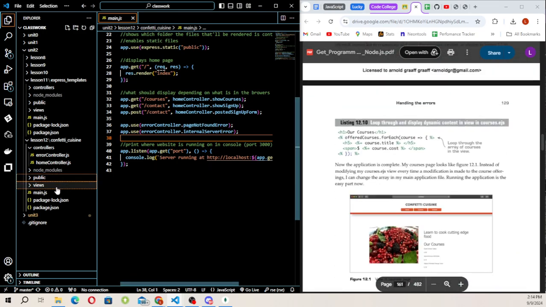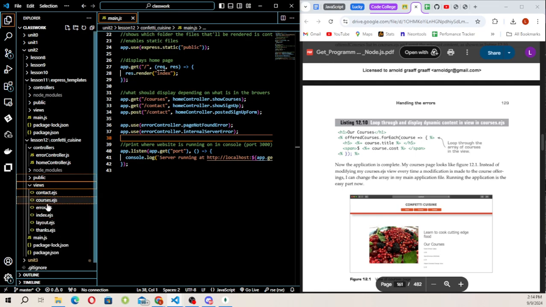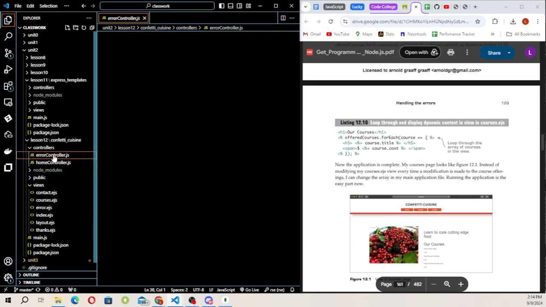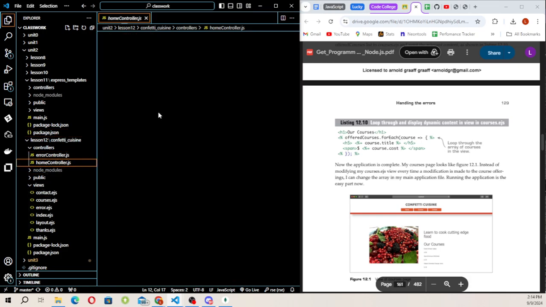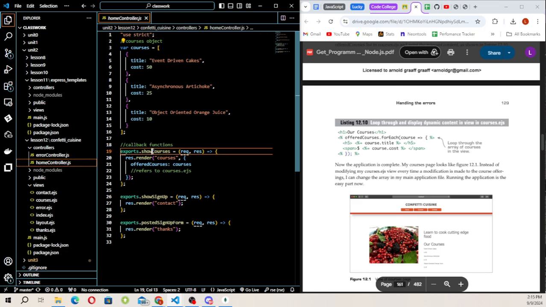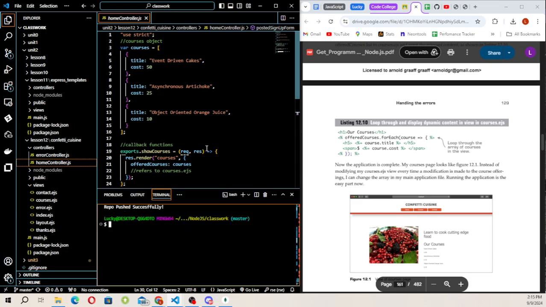So if I go to the other pages, we have our views here: contact, courses, error, index, layout, and then a thank you page. And then once again we have our controllers here. We have error controller, which is exporting 2 functions, page not found and internal server error. And home controller is exporting show courses, show sign up, and posted sign up form. And yeah, so if I go to run my